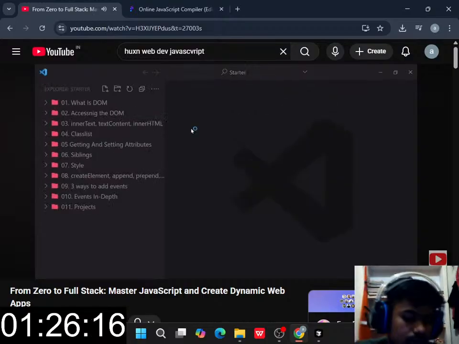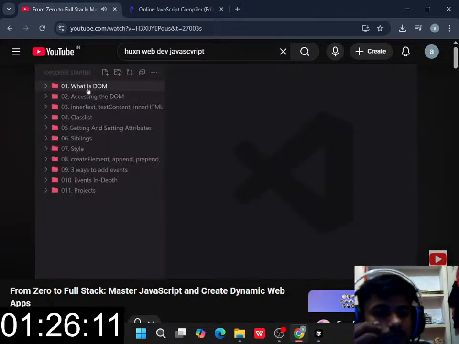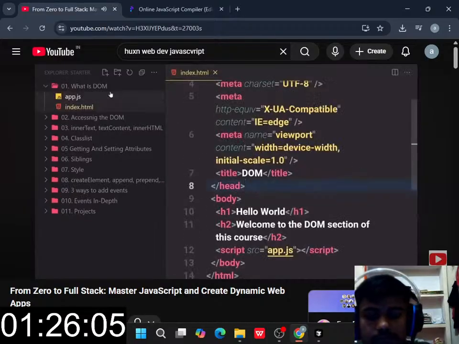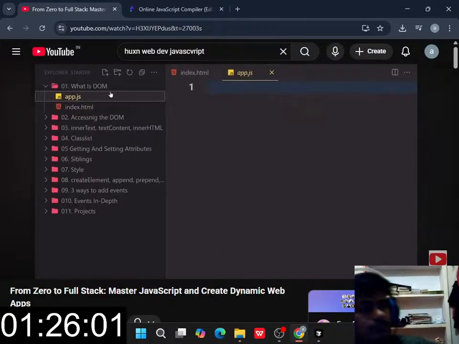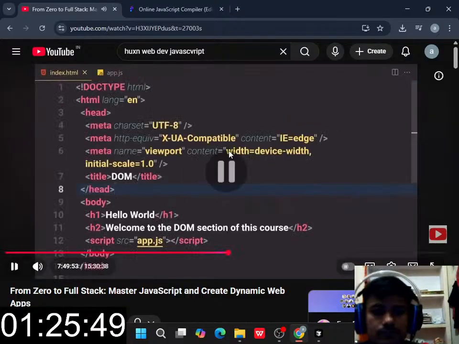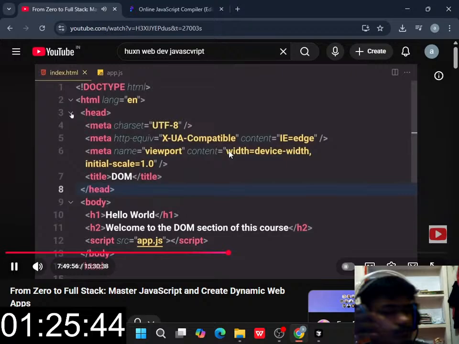Let me just zoom in a bit. Starting with the first thing: what is a DOM? We already learned that. So we have this index.html file, and we have this app.js file right here. Inside this index.html file, we just have our basic HTML structure right here, and then